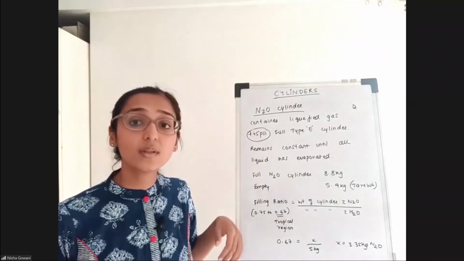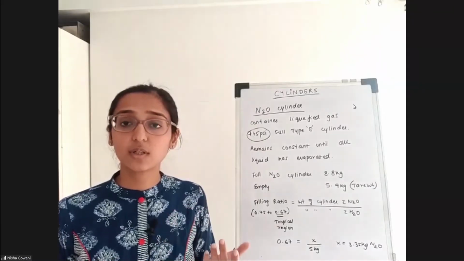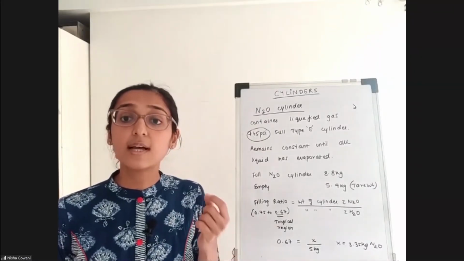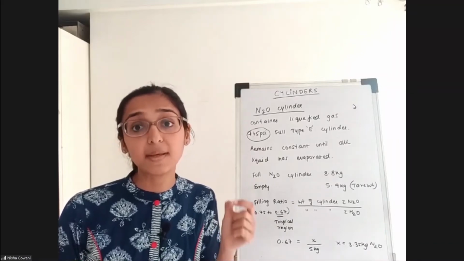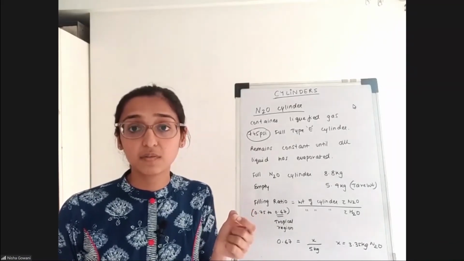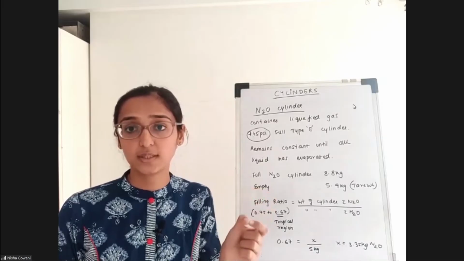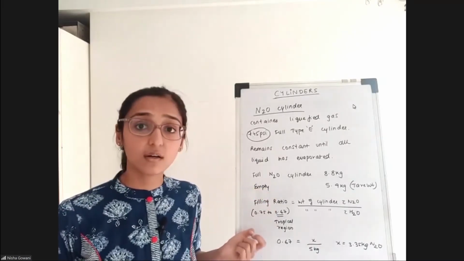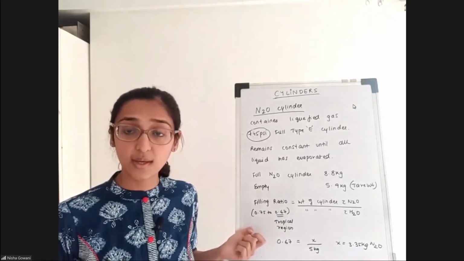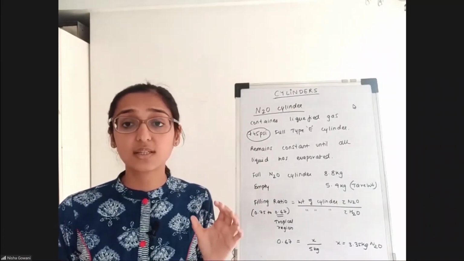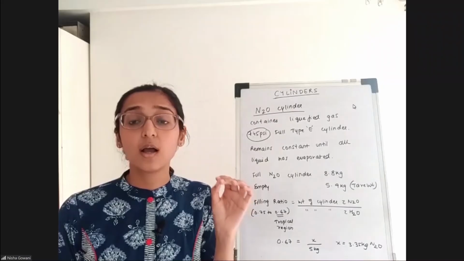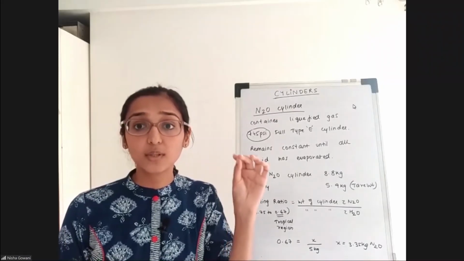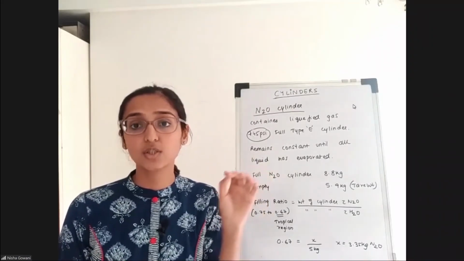So for the nitrous oxide cylinder, because the pressure is not an indicator, the filling ratio is the indicator. How much nitrous oxide should be filled in the cylinder is not determined by the pressure; it is determined by the filling ratio. Whereas the oxygen cylinder is completely filled with gas, so it is the pressure gauge reading, up to the service pressure, that determines the filling of the oxygen cylinder.